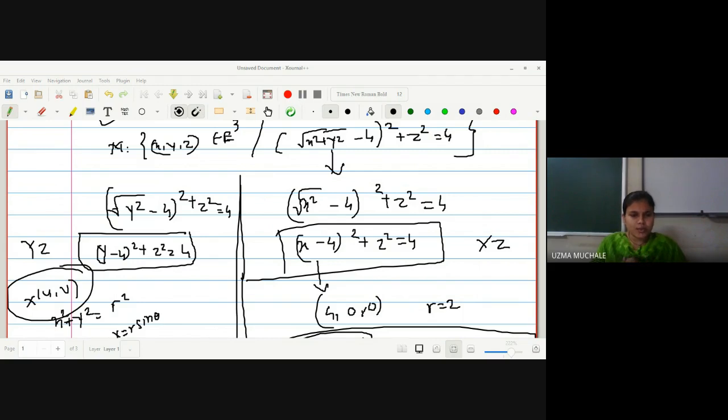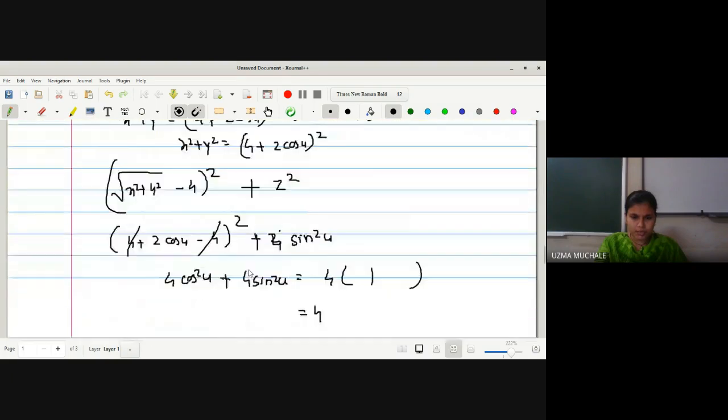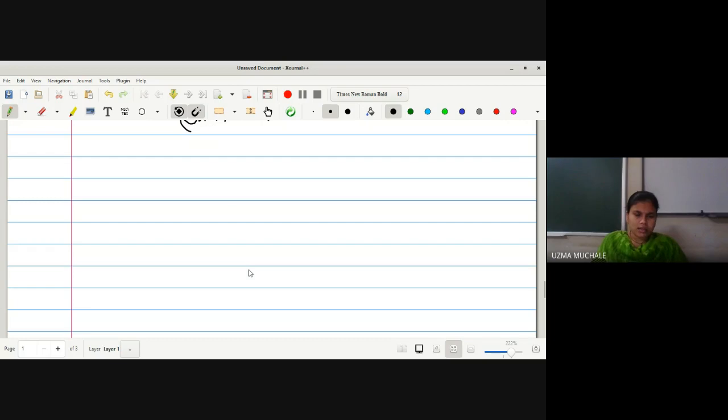Next, we have to show that the given examples are surfaces. So we have to show that the given example is a surface. Whatever geometric object is given to you, you have to prove it is a surface. Let me write down the example. Show that m equal to x square by a square plus y square by b square plus z square by c square, and we want to show that this is a surface. Okay, to show it is a surface, simply you want to show that dg is not equal to 0.